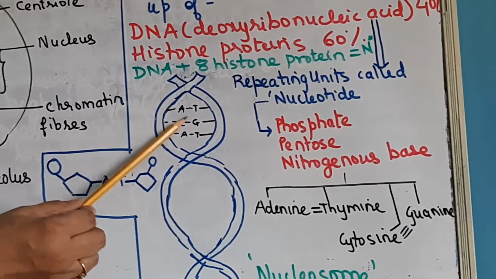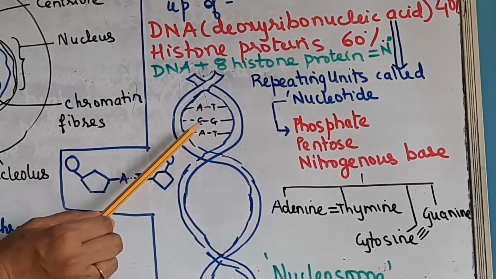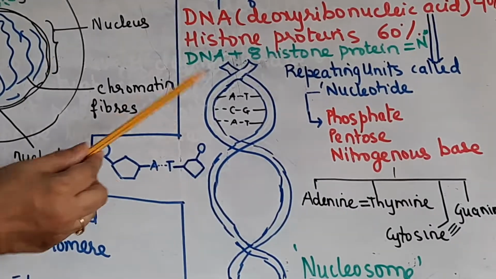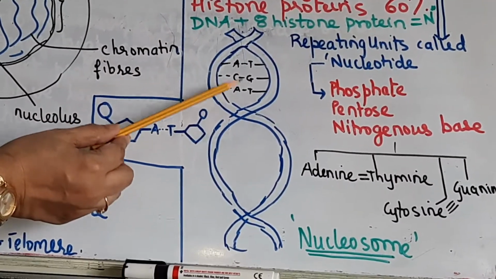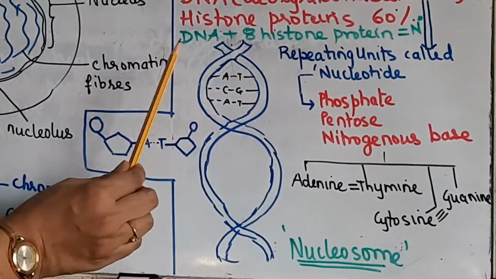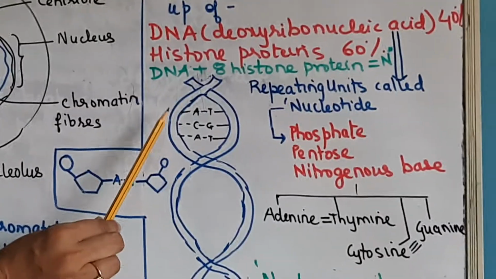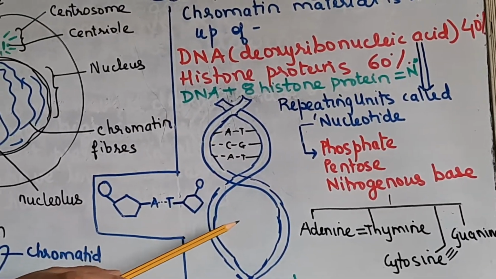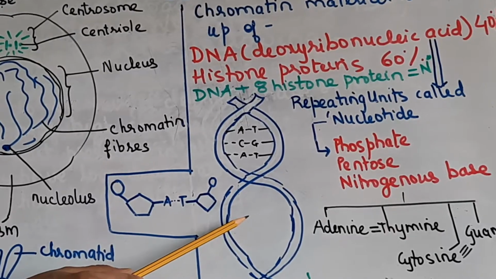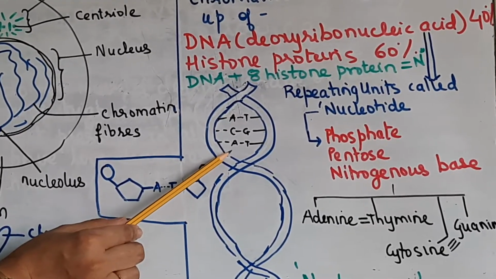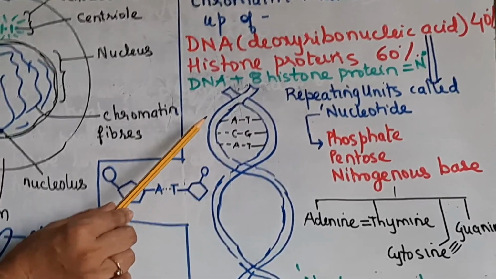This sequence of nucleotides is nothing but the genes. So what are genes? Genes are the specific sequences of nucleotides which encode for a particular protein that expresses in some form of a feature in the body. So for no 2 individuals will this sequence be the same. It will be different for all individuals. Is it clear?